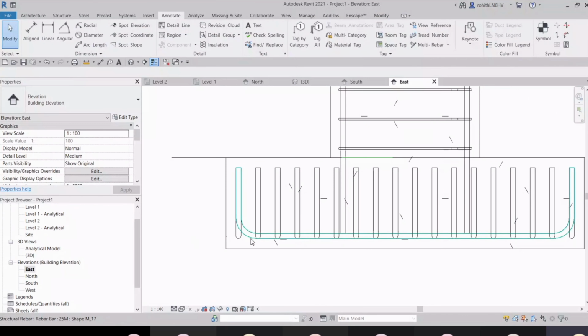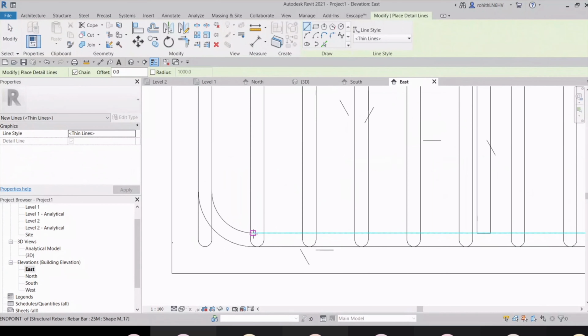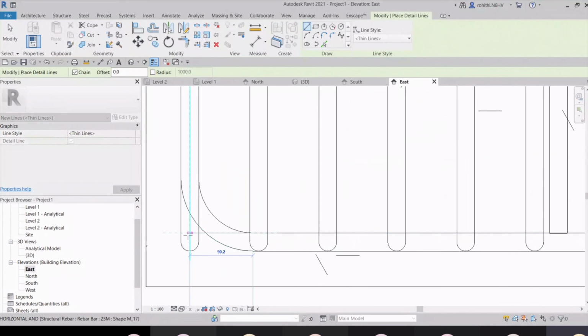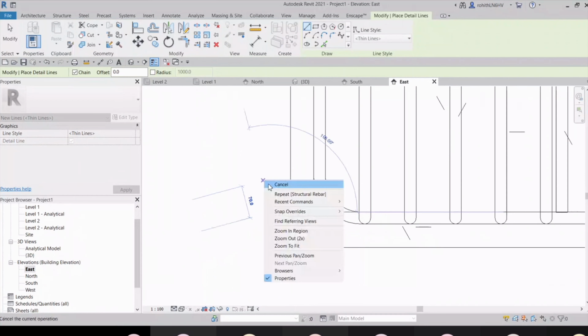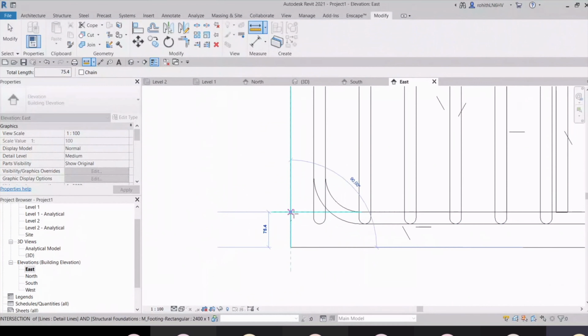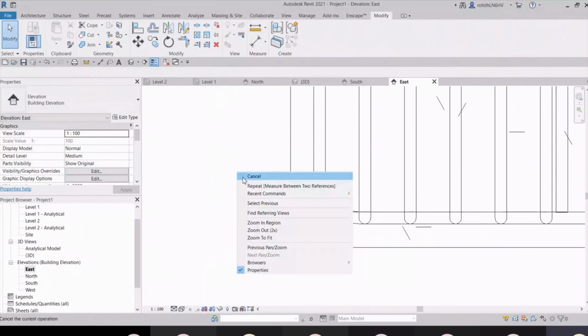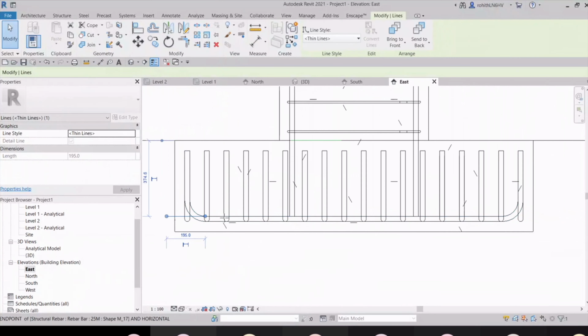So for that, let me go with this detail line again. And I can just simply draw it from here. Right, and you can check that this is 75.4. No, right, absolutely fine. And you can just stretch it up.